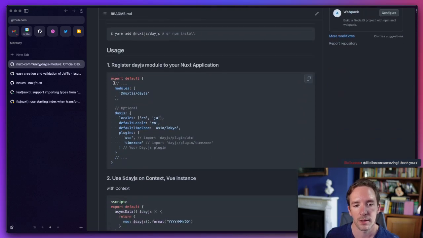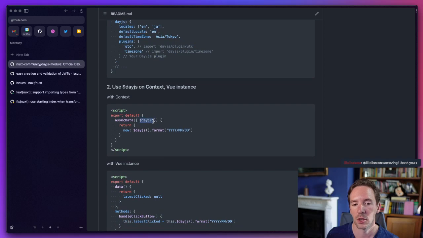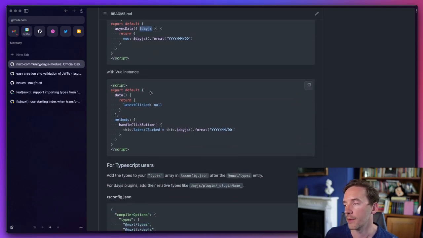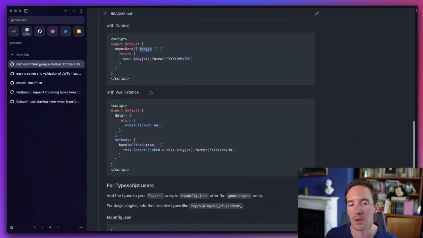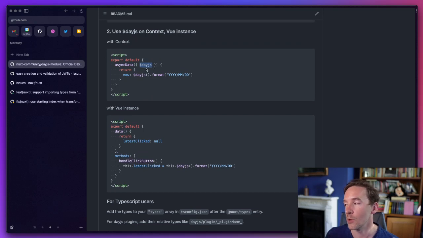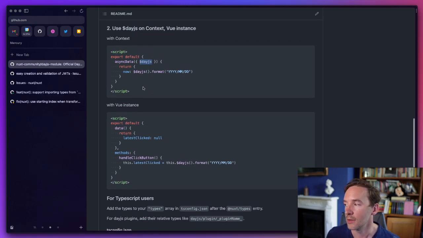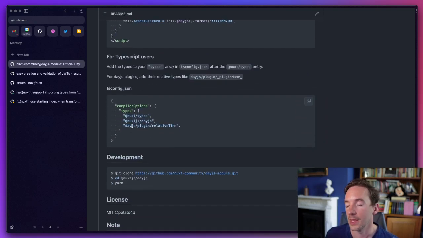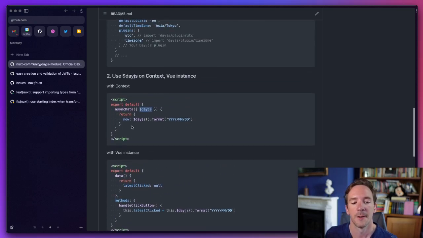So here you are, you're configuring it up, and then you have access to this $day.js in your utilities. The thing is that this feature, which is great for Nuxt 2, really is not needed in Nuxt 3, because what you need to do is add an auto import for day.js utilities in your app, and you're done. So it's sort of built into Nuxt.